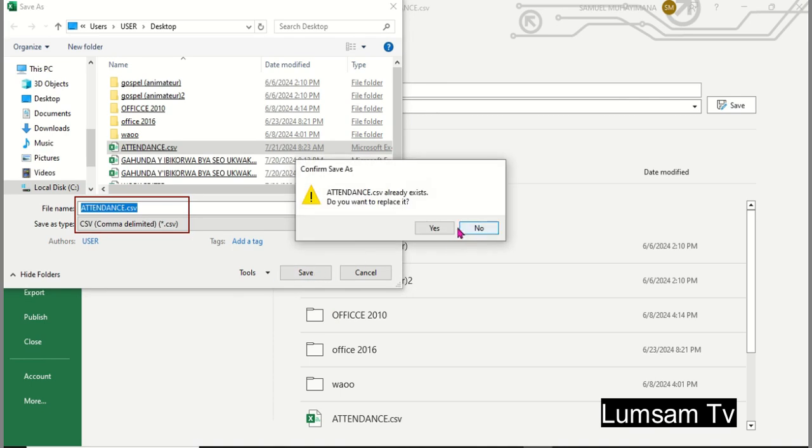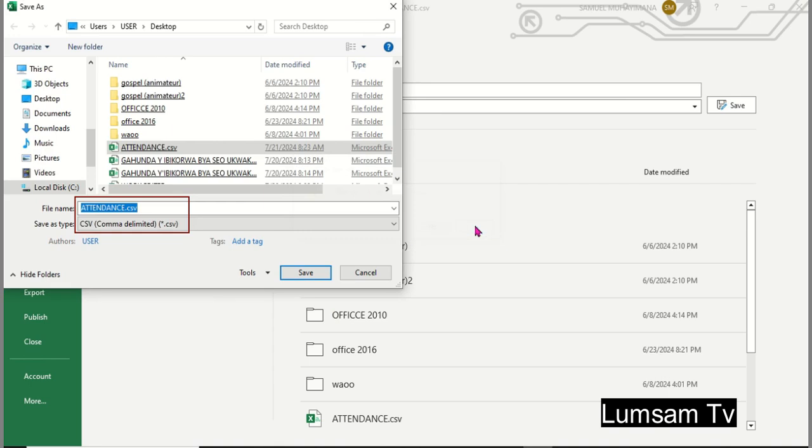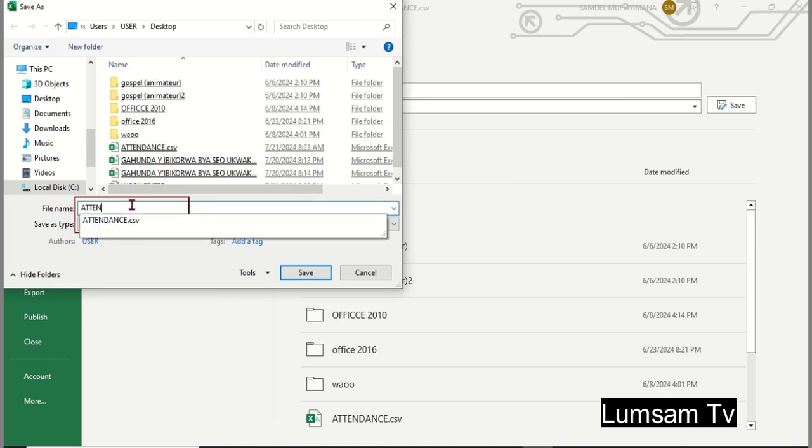Okay, already exists. So we check where to save it. Let us change the name as attendance, like this one. Then you save it.